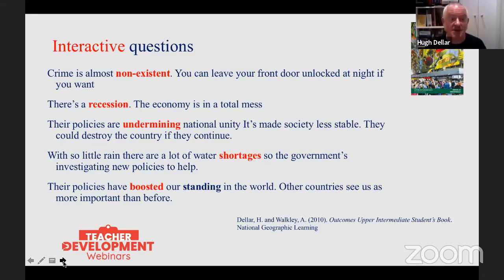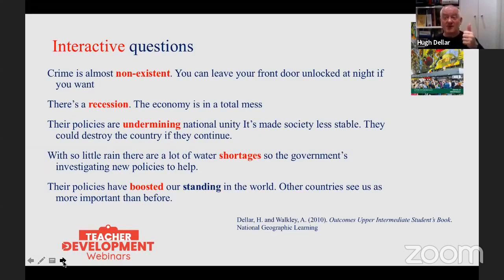So if I'm going through and saying, right, number one, you can leave your front door unlocked at night if you like, because crime is almost non-existent. It almost doesn't exist. What else might be almost non-existent? What do you think? Number two, the economy's in a total mess. There's a recession. Good. What usually happens when there's a recession?